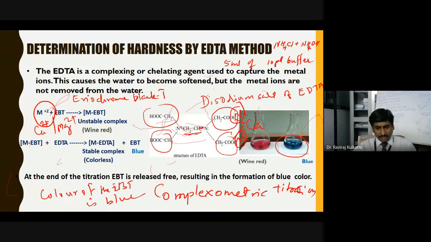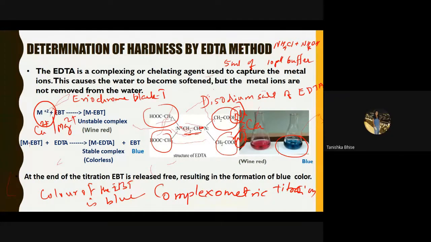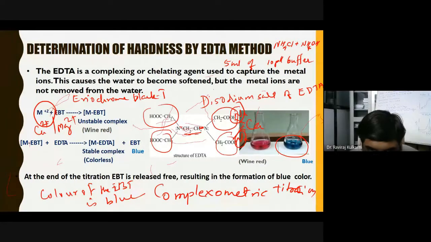Can you give me another example of a buffer solution, a biological buffer? Blood vessel. Maybe wrong, maybe right, doesn't matter. Just give me the answer. Hemoglobin, or you can say the blood itself, right? Blood is a very good example of a buffer.